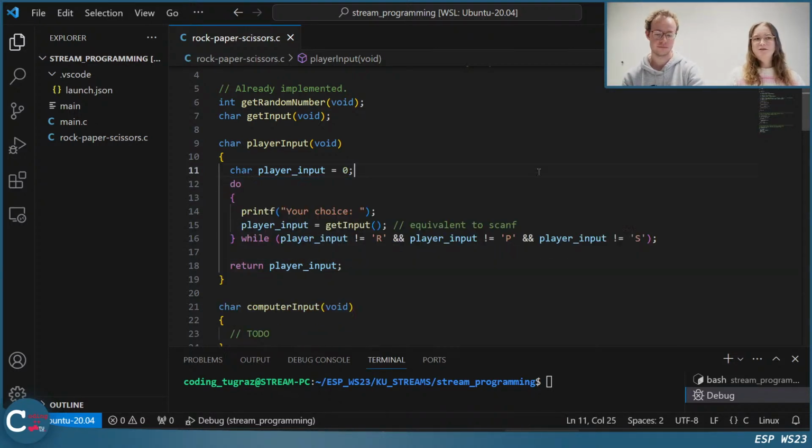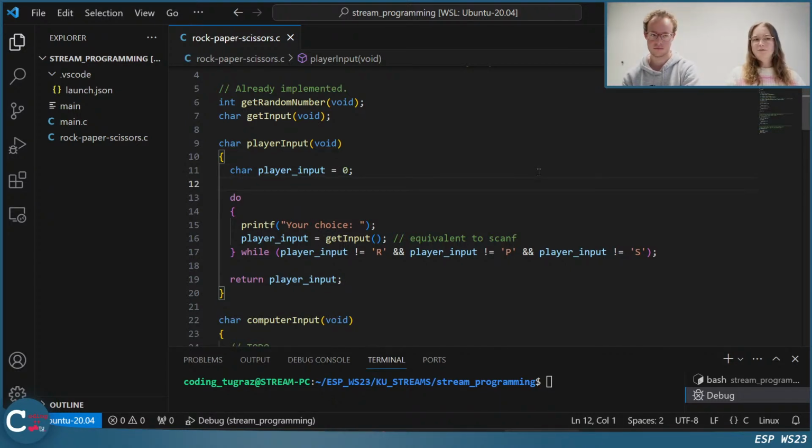Okay, just because I saw it in the chat, in the main function, that would also be an example where you could use a switch case. Yes, and it's not okay if you only have the main function for A1, because one of the learning goals is learning how to use functions, and you will need functions in later assignments. So you also get point deductions if you're not using functions.